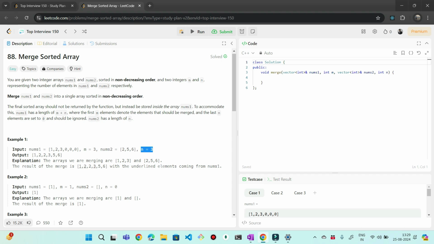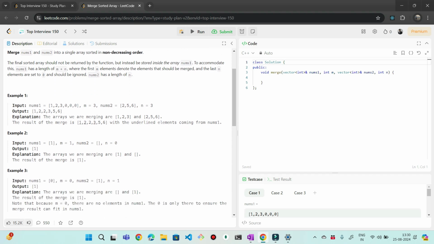If we merge them together, the final output is supposed to be a non-decreasing array in sorted fashion. So we all know 1, 2, 2, 3, 5, 6 merged together looks something like this, in increasing order. If you notice, the exact number of elements are occupying the number of 0s which are in the first array.